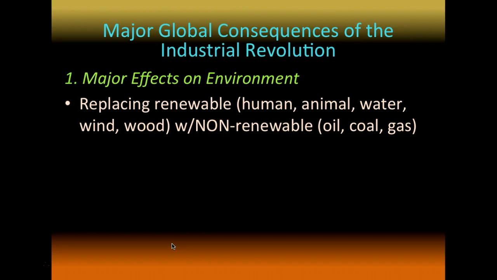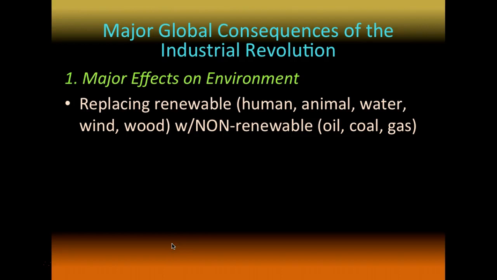So first of all, some of the major effects on the environment. A lot of the renewable energies that had been used through millennia, like human power, we have muscles and we used them in the past for many thousands of years, and animal power as well, water power, where the current can be taken and used to produce energy, and wind power with windmills, and wood, which perhaps isn't the greatest renewable energy to burn and produce things out of wood, but you can plant trees and regenerate forests within a few decades. So wood is one of those objects.